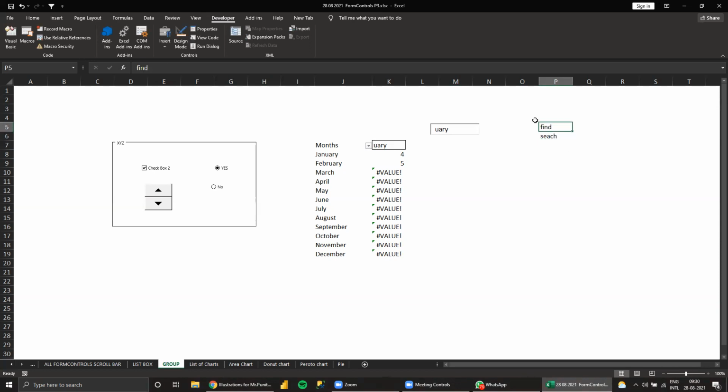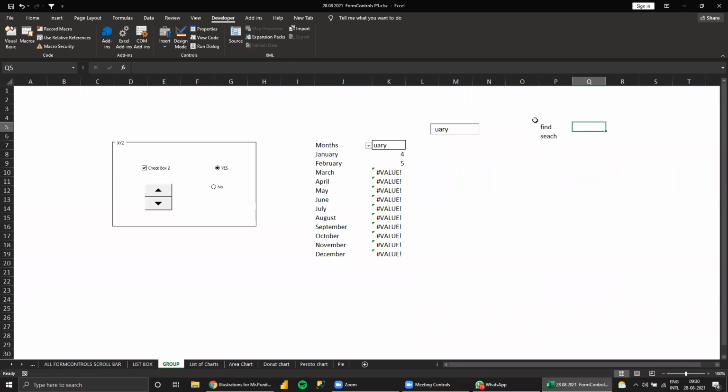You tell me. Sir, find is used to find the number of the cell, or the starting point, or you can find some word out of a sentence. Any answer, Danny, Kanta? What is the difference between find and search? Find is used for numeric values, sir, search for text.